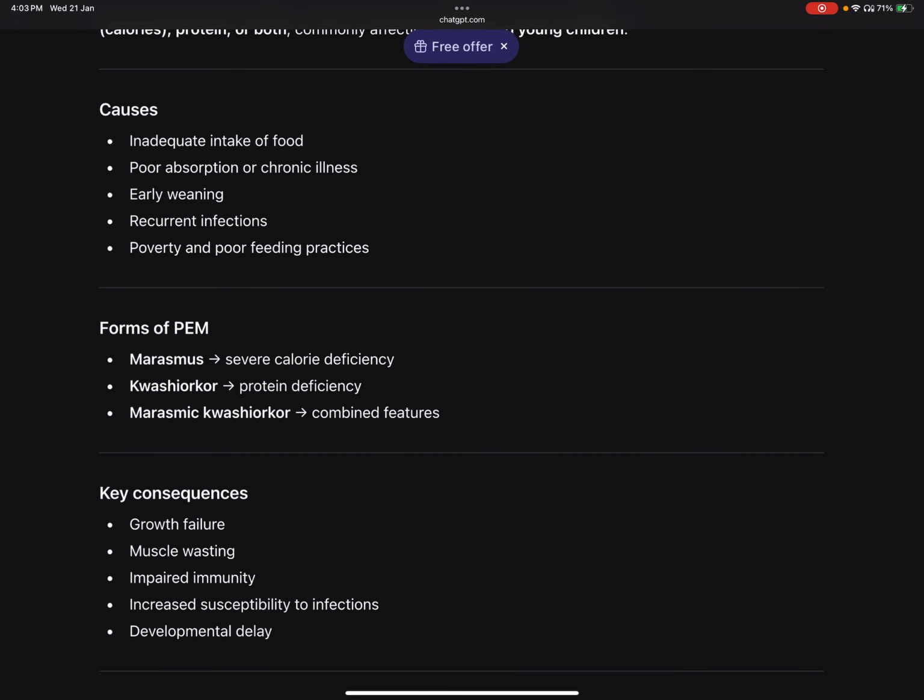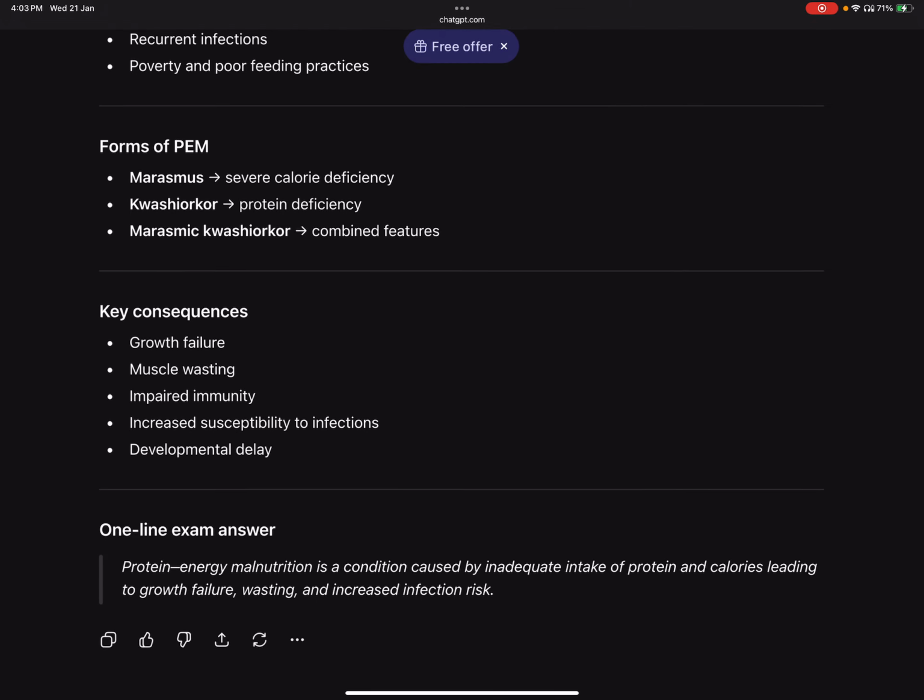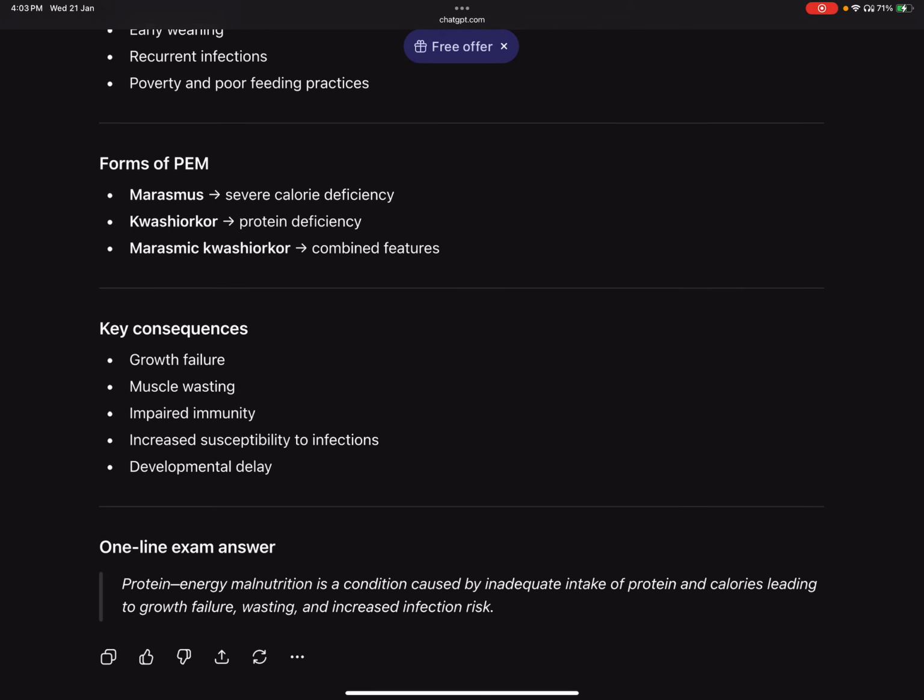Now the reasons are these: inadequate intake of food, eating very little food, especially in cases of drought, where there isn't enough food available. Or poor absorption because of celiac disease or another disorder, or chronic illness, where absorption isn't happening properly. Early weaning, that means when a baby stops breastfeeding at quite an early age. Then recurrent infections. Or poverty and poor feeding practices, the same thing, that the feeding practices are very poor, there isn't a regular time for breakfast, lunch and dinner,